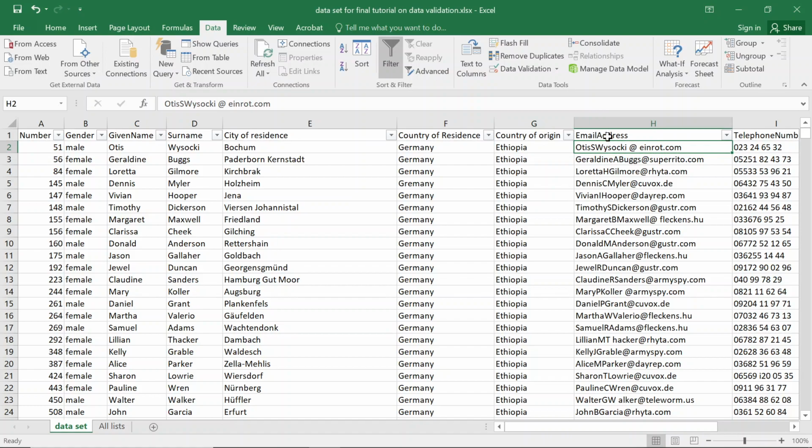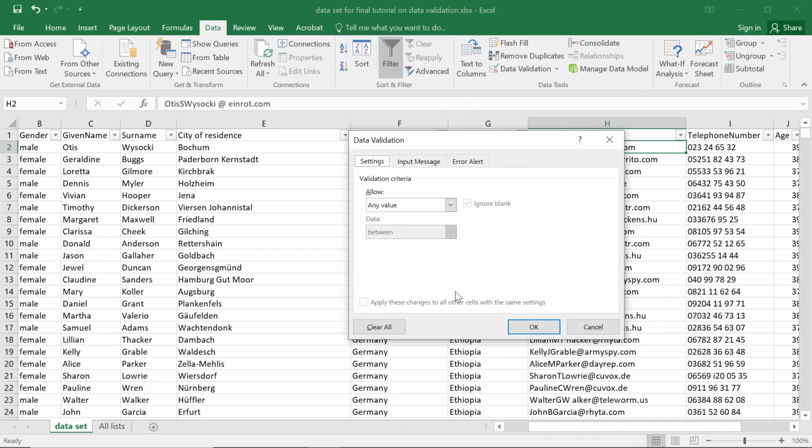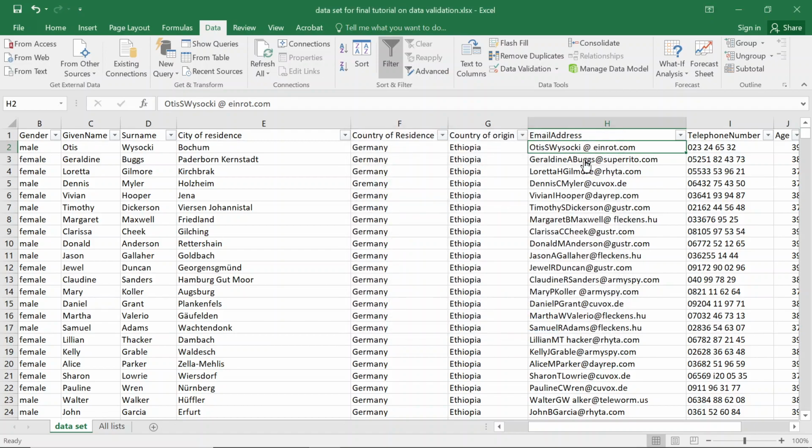For email, I'm going to validate for email. I go to data validation. Then for this case, email, let me show you how you can validate your email. I'm going to use 3 criteria to validate email. Let me show you. Firstly, if my email, let me use